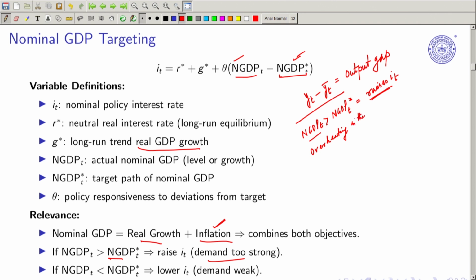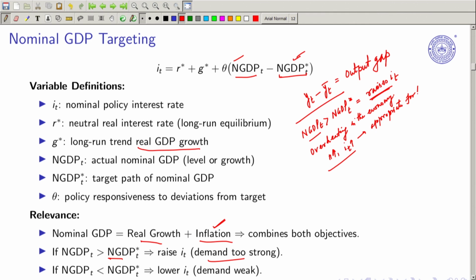Same as we discussed in case of output gap, right? Overheating often leads to high inflation, and in order to catch up with the high inflation you will have to increase the interest rate, right? So this is the scenario, and it is considered appropriate for the economy,